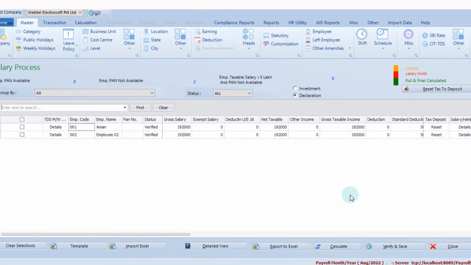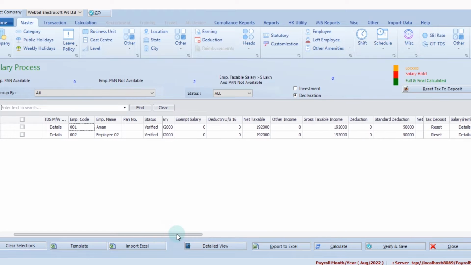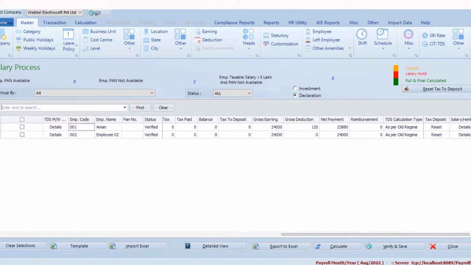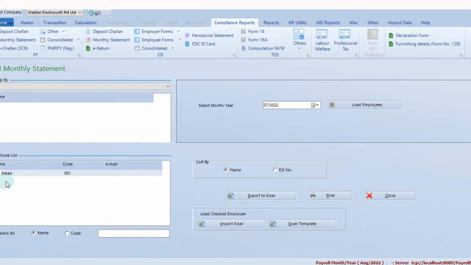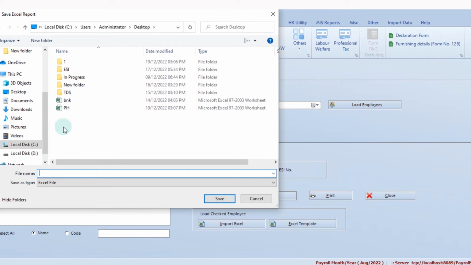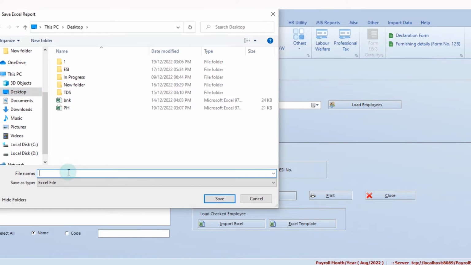So this is the salary process screen. Now in here you can see that Aman employee has received a gross earning of 24,000 in the month, but he has been deducted an ESIC of 120 rupees. And if you want to see the details of that 120 rupees, we would have to go to the compliance reports, wherein we can view the monthly statement by which we can check how the ESIC is going to be calculated for which employee. So we have selected the employee, and now on the desktop I am saving the file with the name Aman,